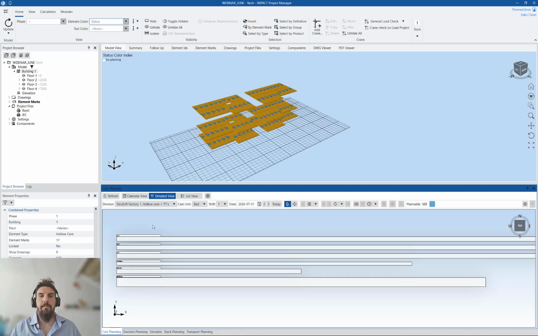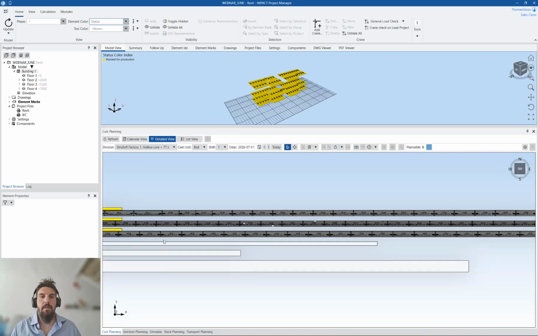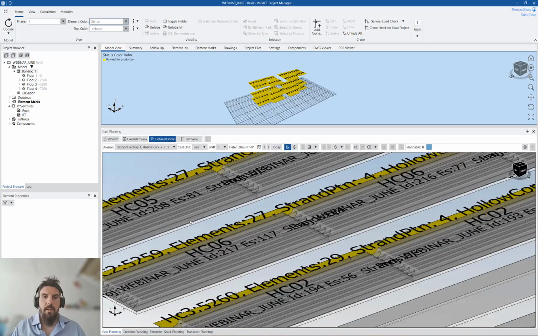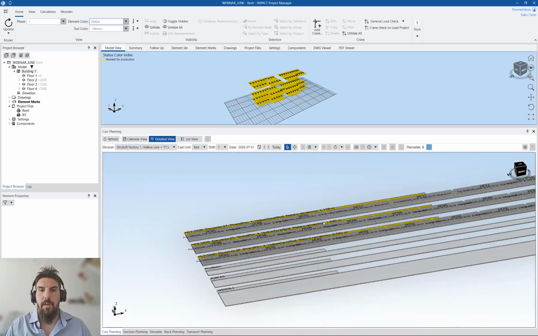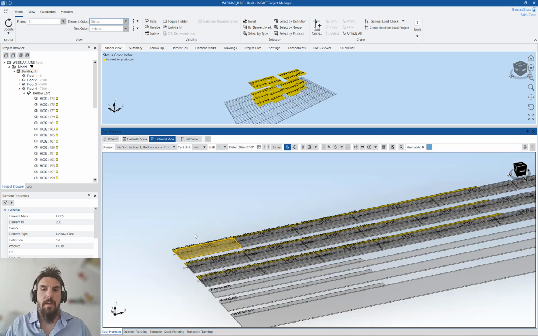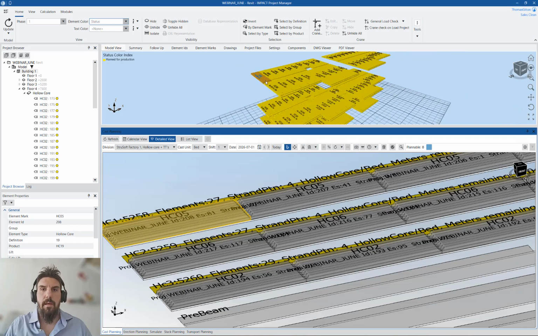Now we do the cast planning. Of course, there are a lot of elements at once. Again, everything is handled in 3D, so that gives information, and you can see how this has filled out the bed. No gaps, full slabs, starting from the smaller one in size, going all the way up to the bigger size. The slabs are, of course, entities that you can always move, and selecting a slab in our cast planner,